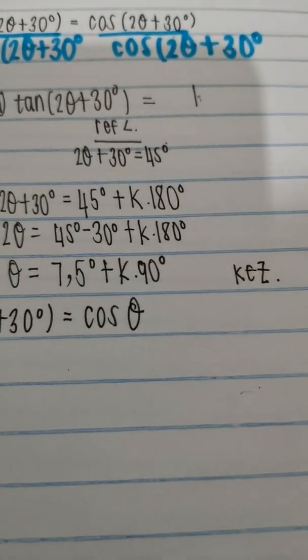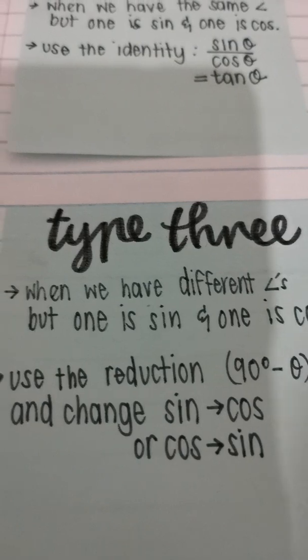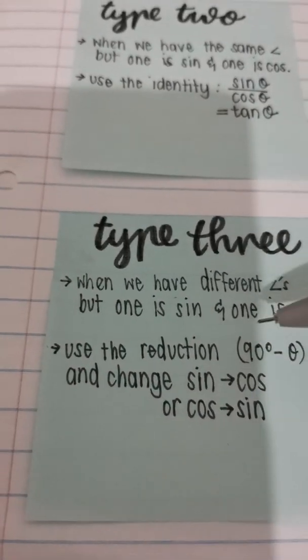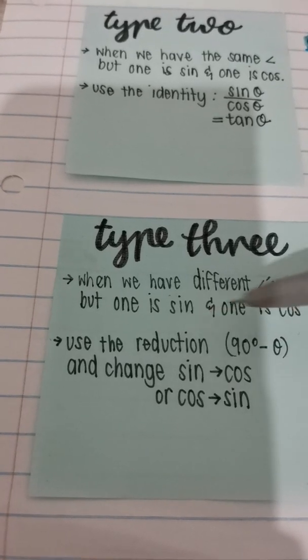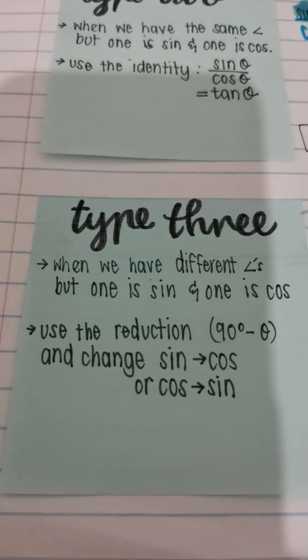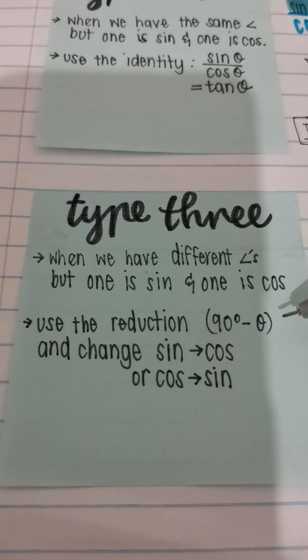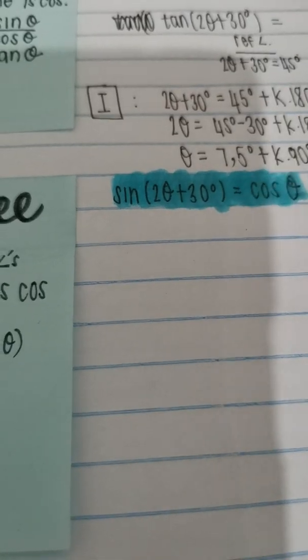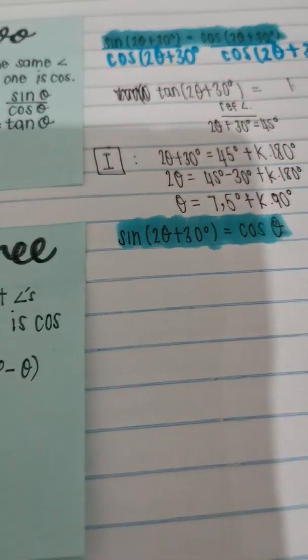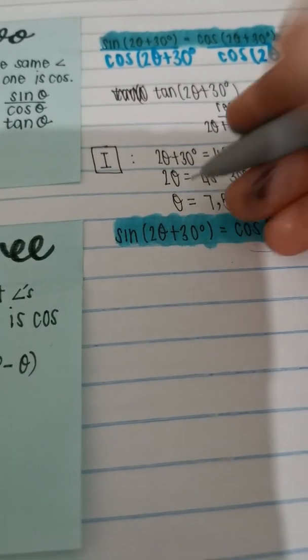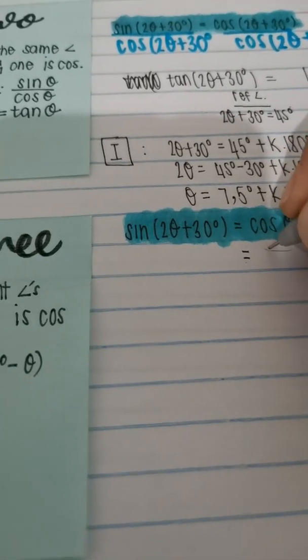Then the second one that we have, or well, it's type 3 here, is where we have sine and cos, but the angles are different. In this particular case, we're going to end up using our reduction first. So over here, I have sine 2 theta plus 30 degrees, but on the side, I have cos theta. So we cannot do what we did above. Instead, you pick the easier side. In this case, this is the easier side, and you end up making it